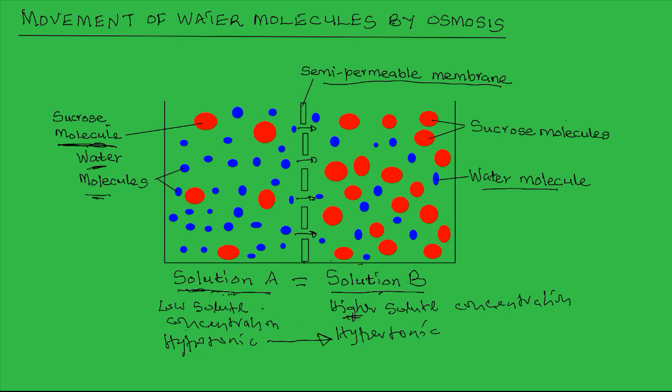Remember, the solute molecules like sucrose are too big to move across the semi-permeable membrane, so it is the water molecules that are small enough to pass across, and therefore they're the ones that bring the equilibrium in terms of water concentration. Let us look at what happens when two solutions of the same solute concentration are separated by a semi-permeable membrane. If you look at solution C, it has the same number of solute molecules